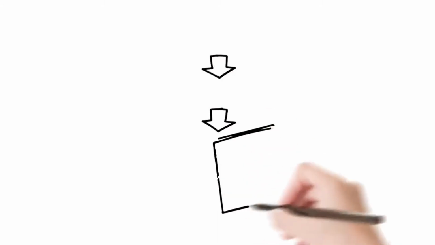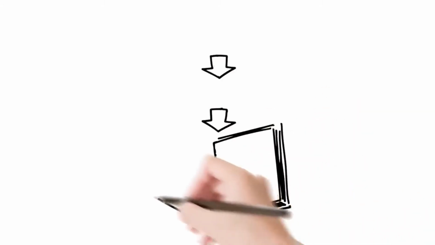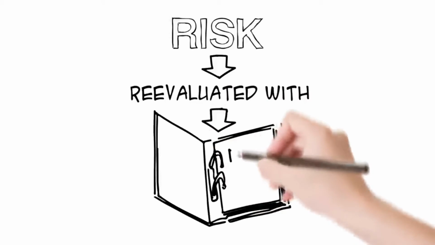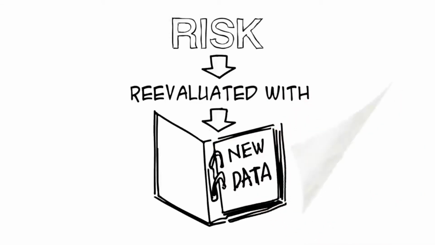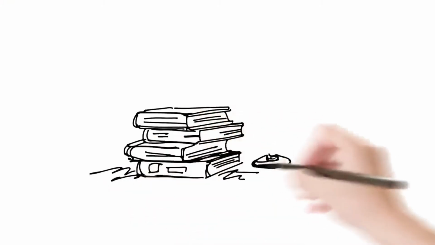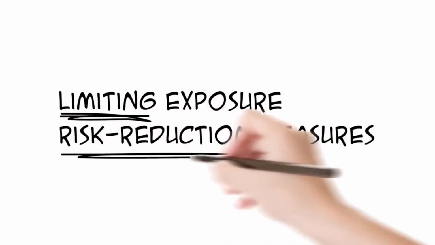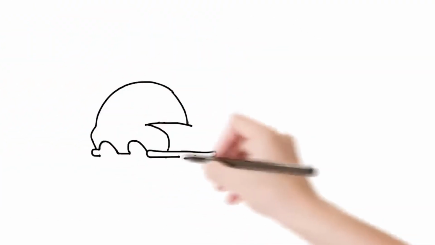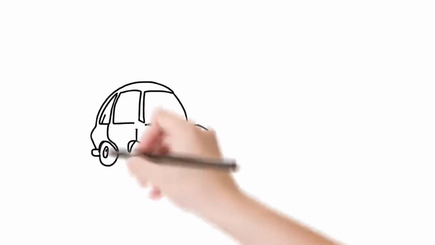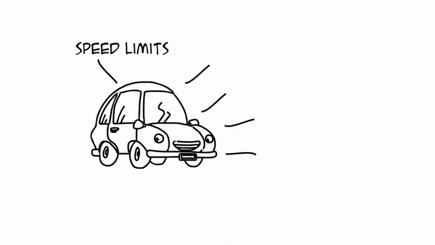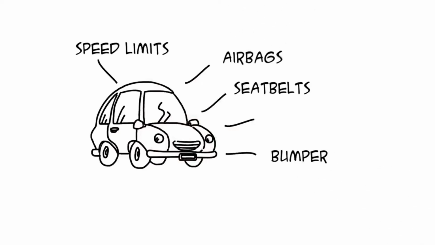Nevertheless, the precautionary decisions should remain proportional to the potential but uncertain risk and be re-evaluated when new data become available. Indeed, the proportionality principle is and should be at the base of most legal thinking. Now, how can we manage a risk? Risk can thus be managed by limiting exposure to a danger and by the adoption of risk reduction measures. Prevention might be a better idea to reduce risk. For example, driving has been made safer by speed limits, the use of seatbelts, bumpers, airbags, driver assistance systems, etc.